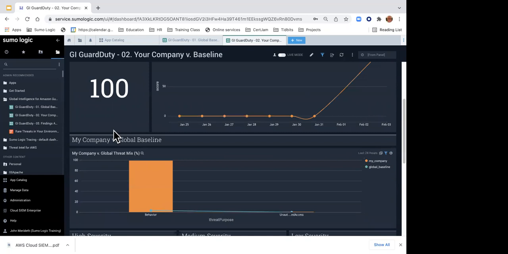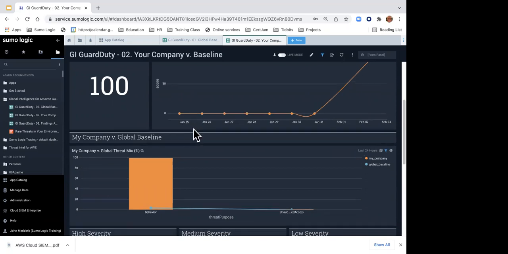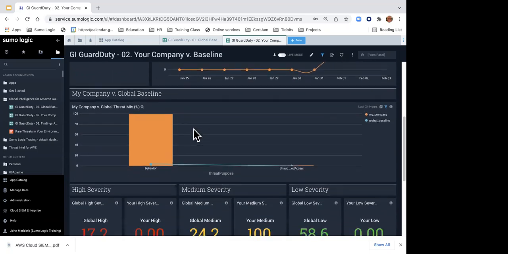Now, one thing, we've set this up to obviously generate threats for us, okay? I hope if you installed this application and ran it on yours, you wouldn't have any threats. They'd be very low, very minor, very easy. But we generate data here to tell a story. So hopefully your story won't be as compelling, all right? So here I can see how I'm doing, my company versus my global threat.